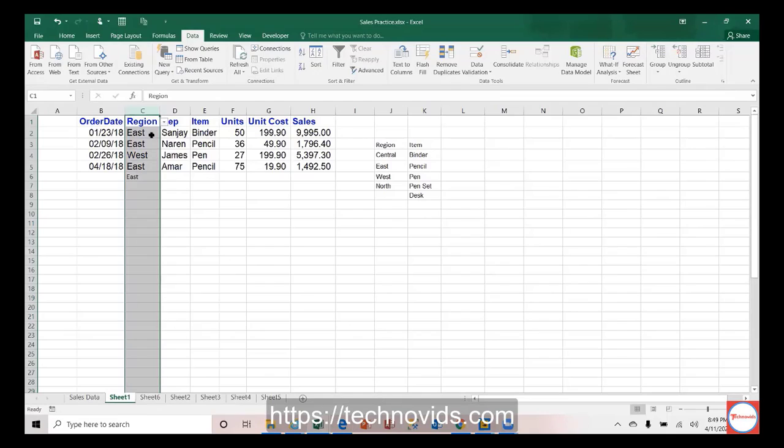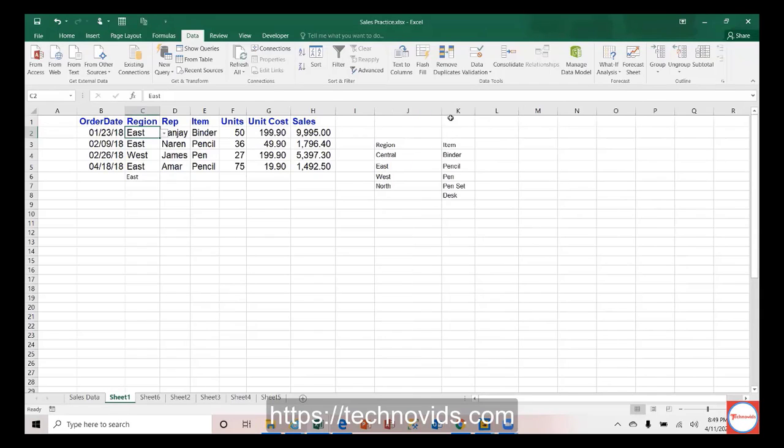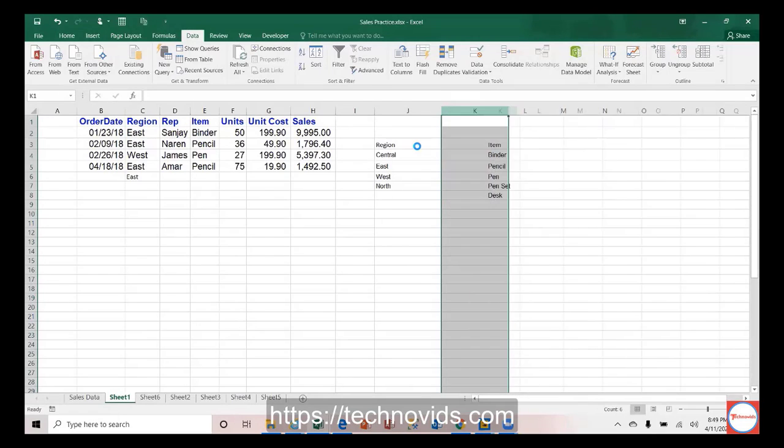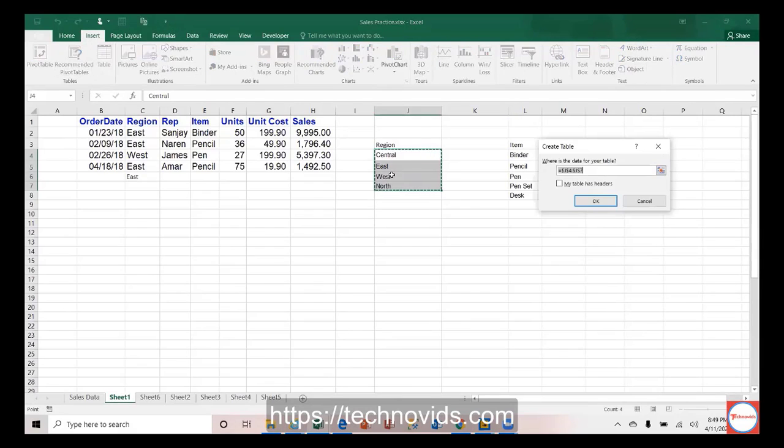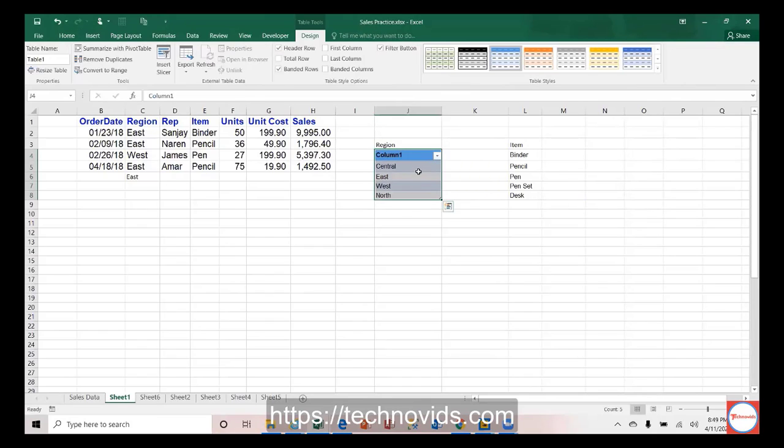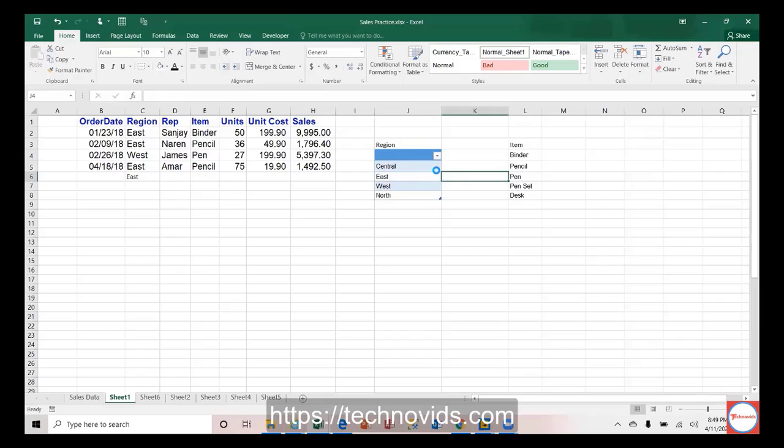Another option, which is mostly preferred and which I was about to cover next, is that you can make this a table. Then if you add an item anytime, it also gets added here. So that is another way of maintaining the list sanity, or a dynamic list. Okay, hope you followed. So currently I think my north also got added. If you can see, north also got added. My list I have updated.